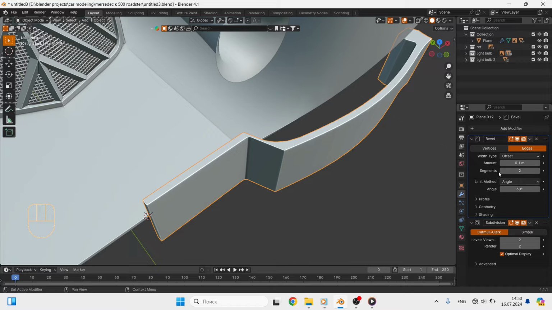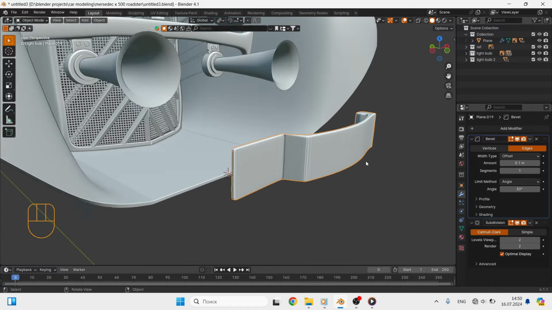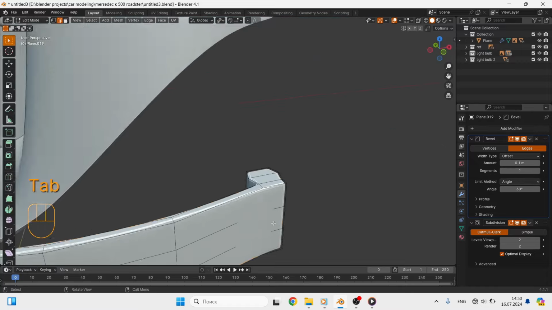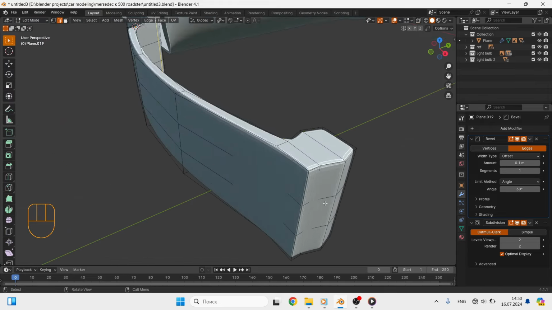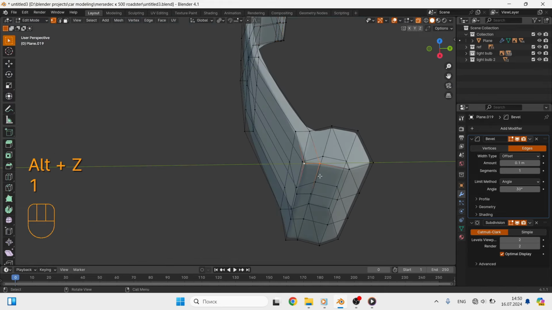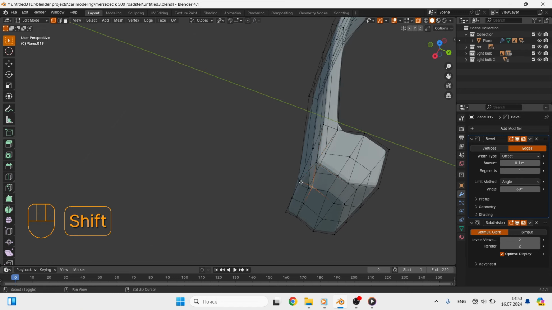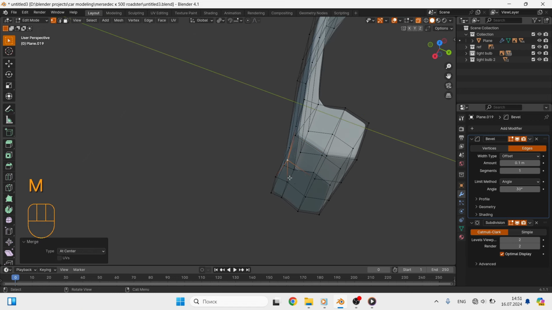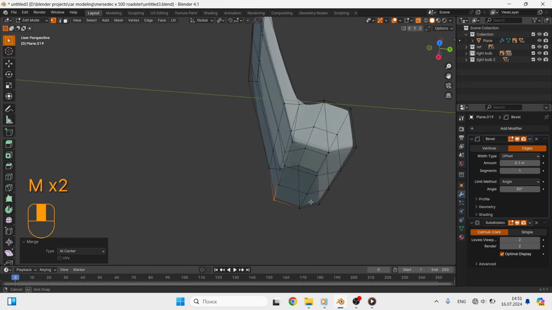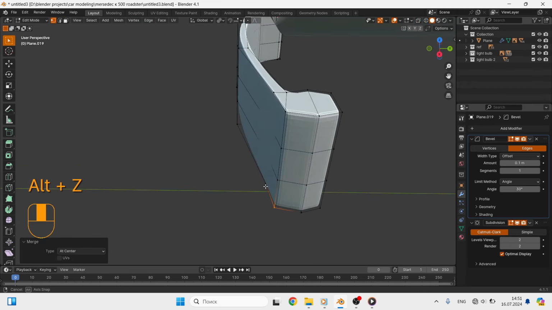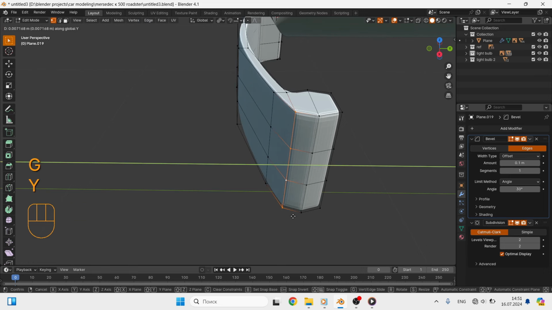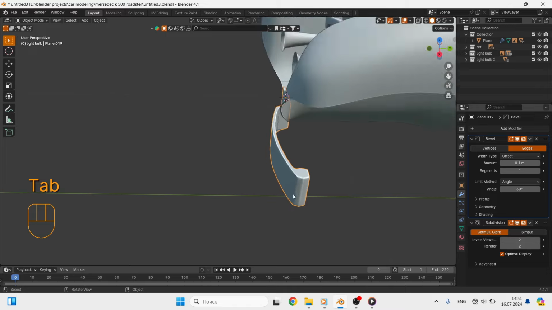Now we are ready to add the bevel modifier, but it does not work because they need to be swapped with the subdivision. Now we have a sharp angle on the edge of the bumper. In order to smooth it out, we need to merge the adjacent vertices together in the center. Then adjust the angle a little manually.